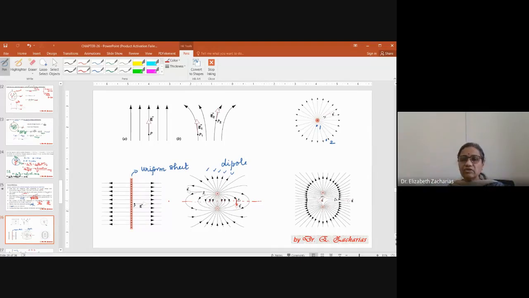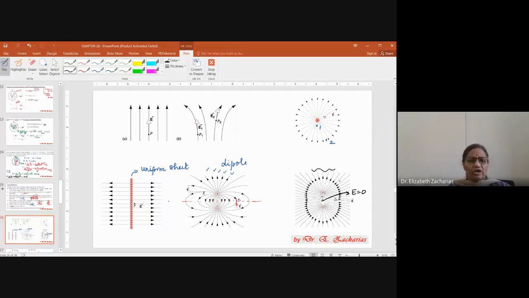And then you see they are not radial. They are radial only in places where there is minimum interference, like here. But here the fields are talking to each other in this region. So what is happening? They are turning to accommodate each other. And where is the field 0 here? The field will be 0 at the center. No lines are there. Field is 0. That's a null point.